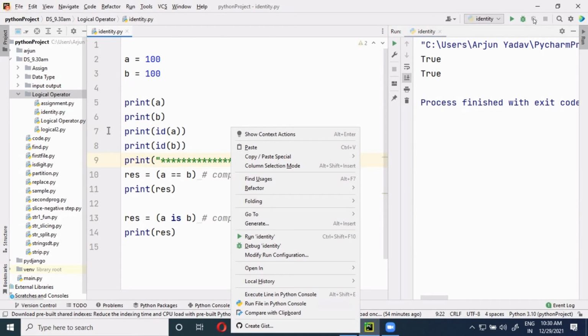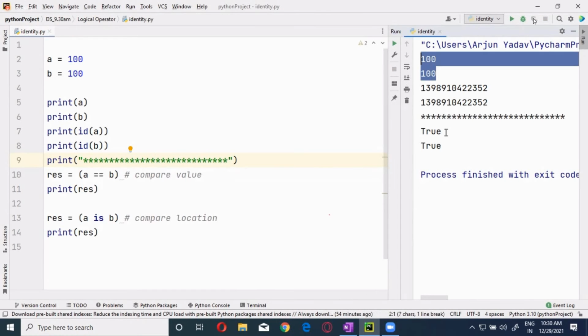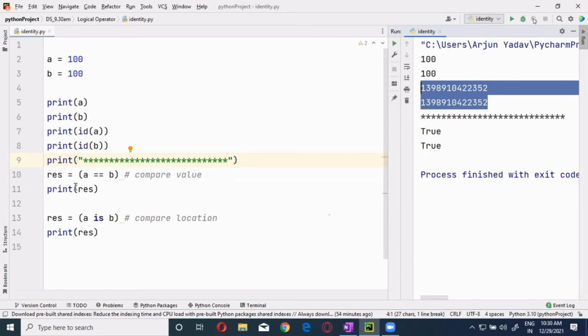Now you see this. Both the values are same, so the first part, equals to, is true. Both the addresses are same, so that's why the is operator is true. Now this one I will put as equals to, and this one I will use as is operator.